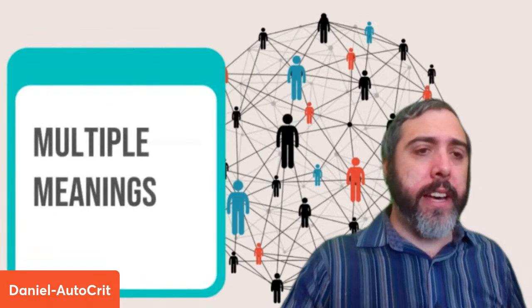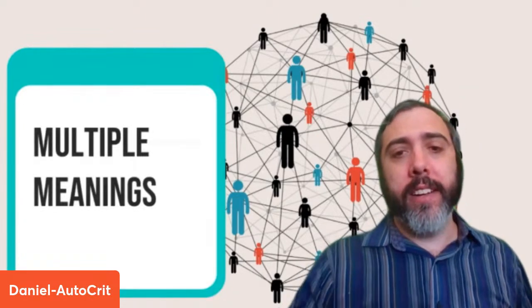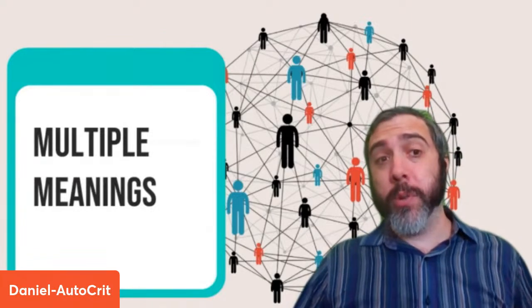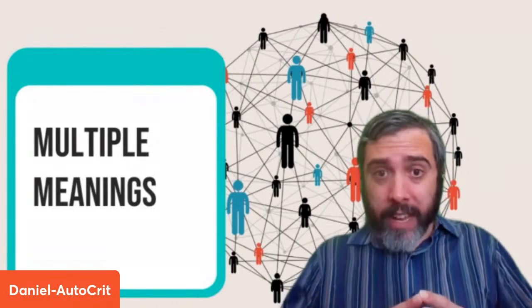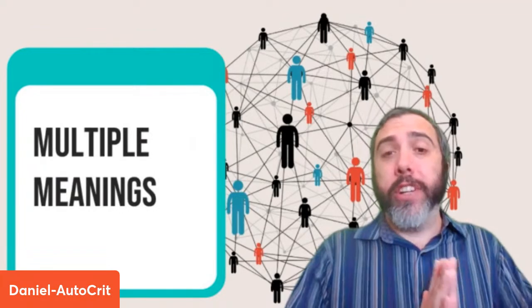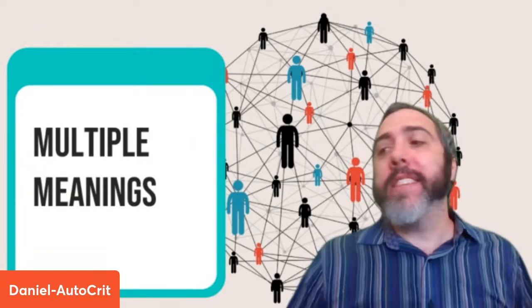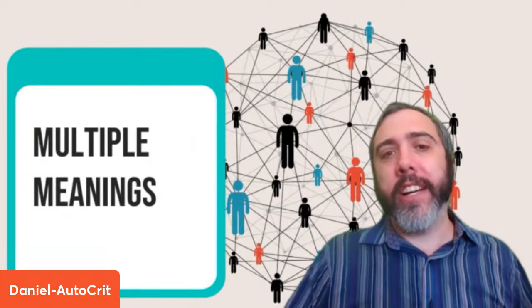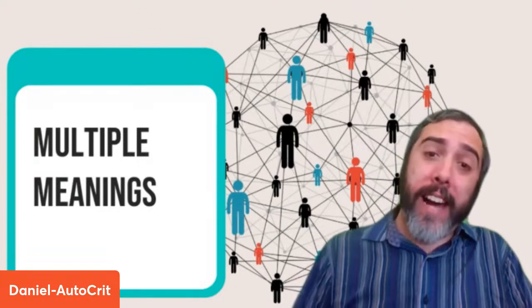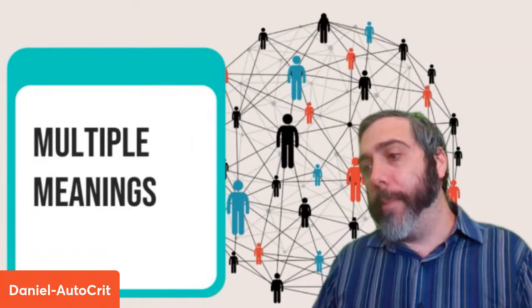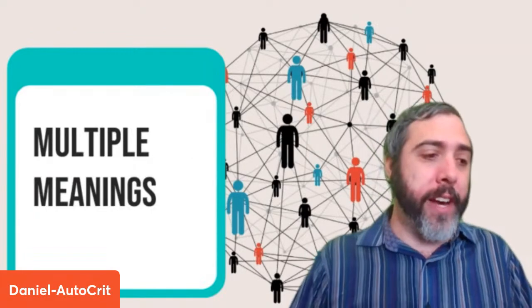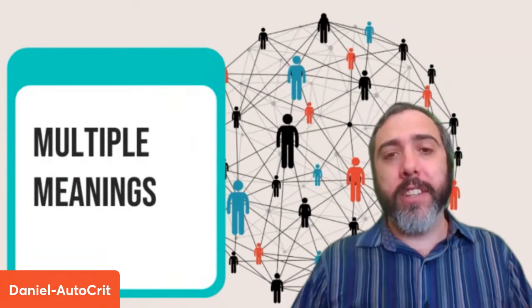Multiple meanings, yes. Keep in mind that often words do have multiple meanings. And keep in mind that you could accidentally put in subtext that you didn't mean to have. This can particularly be true with generic descriptions. And if you have access to the writer's desk, if you're a pro member at Autocrit, you can go into the writer's desk, run that report, and see generic descriptions.